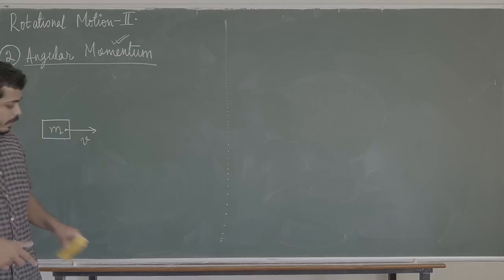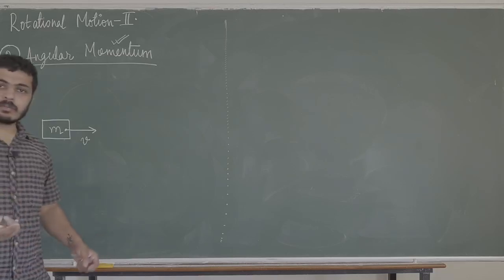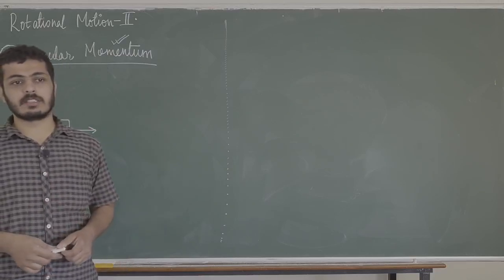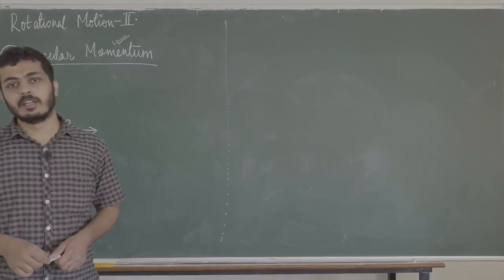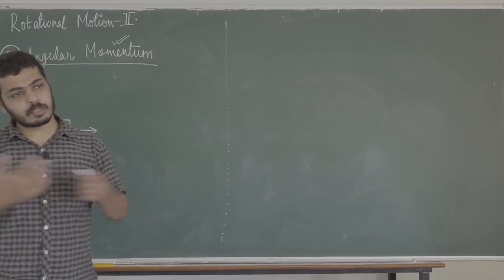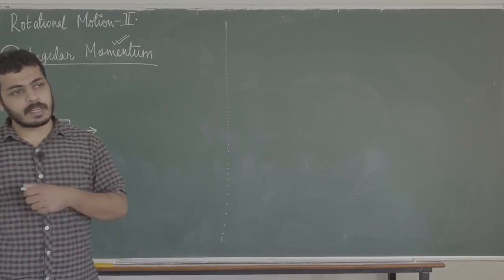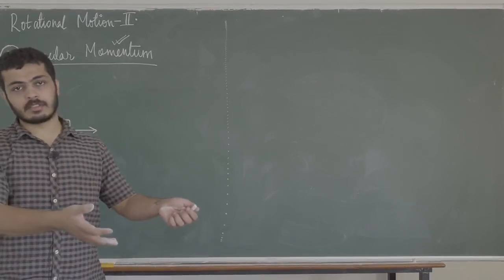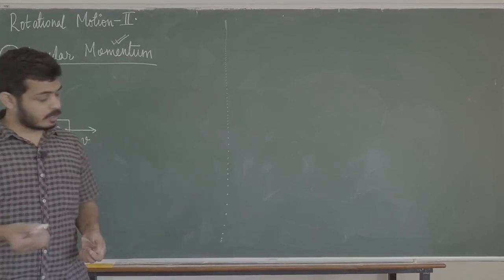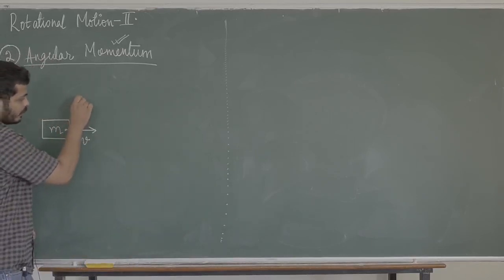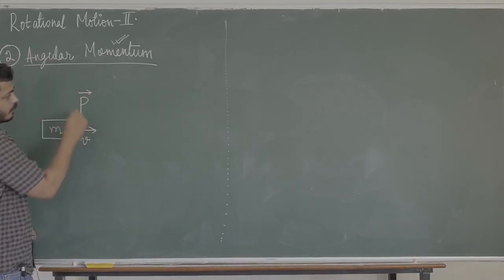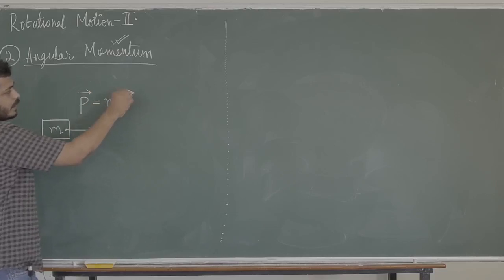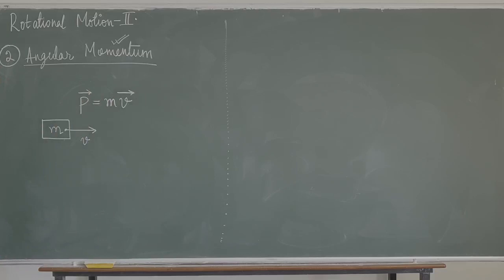But if you are talking about time, the other way to talk about force into time is called impulse, and impulse changes the momentum of an object. Whenever you push an object for some time, you are providing an impulse, applying some force for some amount of time, and that impulse changes the momentum of the object. Momentum P is a vector quantity, and we write P is equal to m into v vector. So P is equal to mv, that's what we write, momentum.